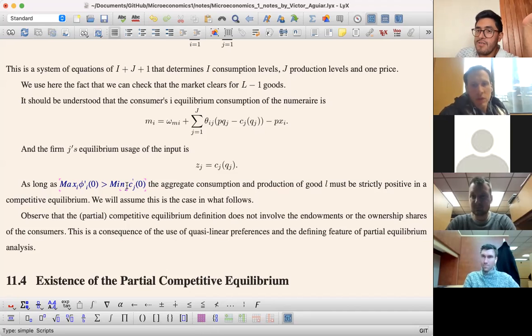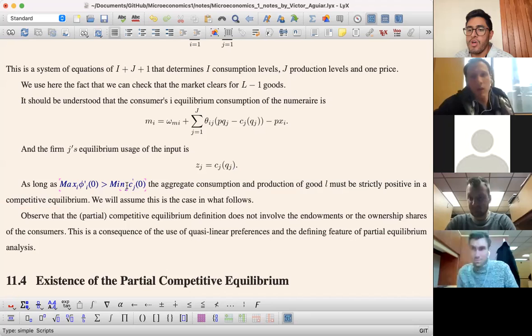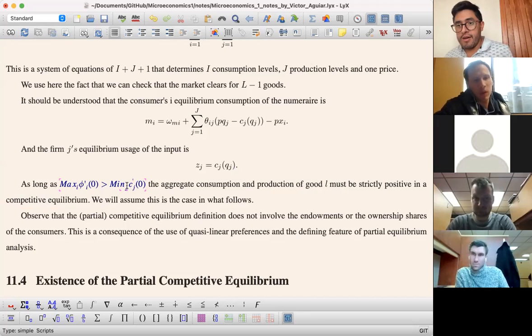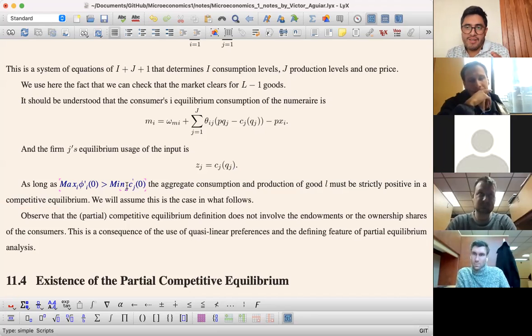So this is not very hard. Just think of your classes of linear algebra. Who is a linear algebra ninja here? Not all, there is at least one equation that can be written as a linear combination of the others. Okay, so that's great intuition, actually. So great, Martin. So Martin already detected, right? We have this condition saying that if we scale up everything and we have also one market that is redundant,